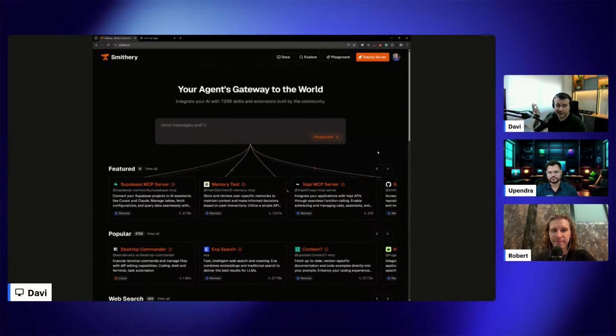Smithery is a centralized hub for MCP tools. It's kind of like an app store for AI integrations. It's where you can discover, install, and run tools that let AI models interact with the real world. You can choose, for example, to publish them to the cloud through Smithery. That way, any AI system or agent can access your tool remotely without needing to install anything. And today we are going to do exactly that with the COTI MCP. I will show you how it's listed inside Smithery and how to start using it in seconds.